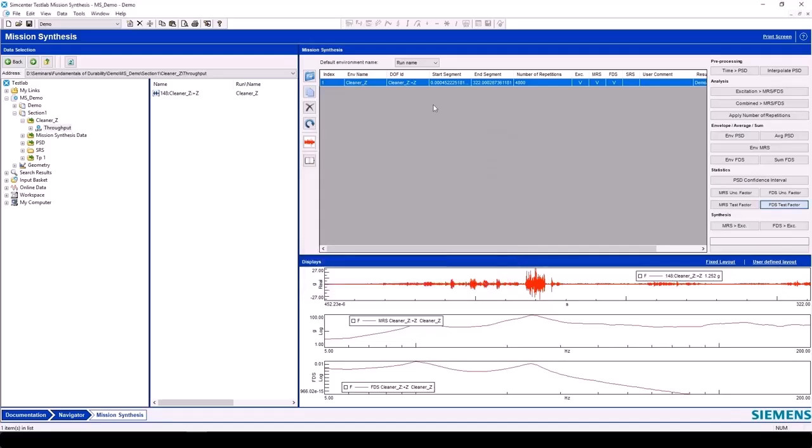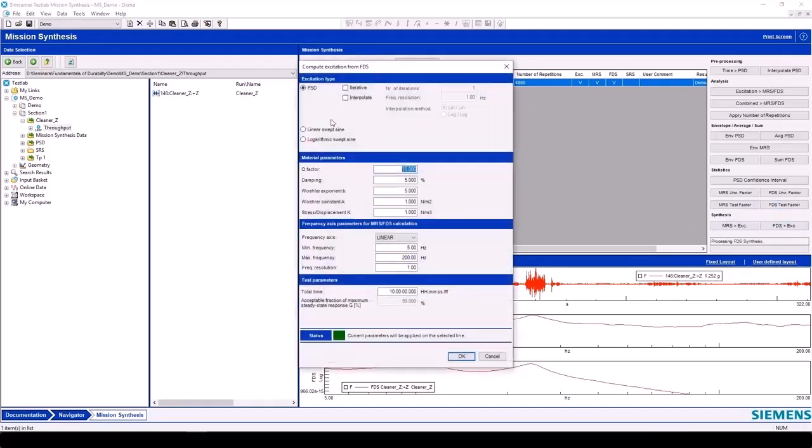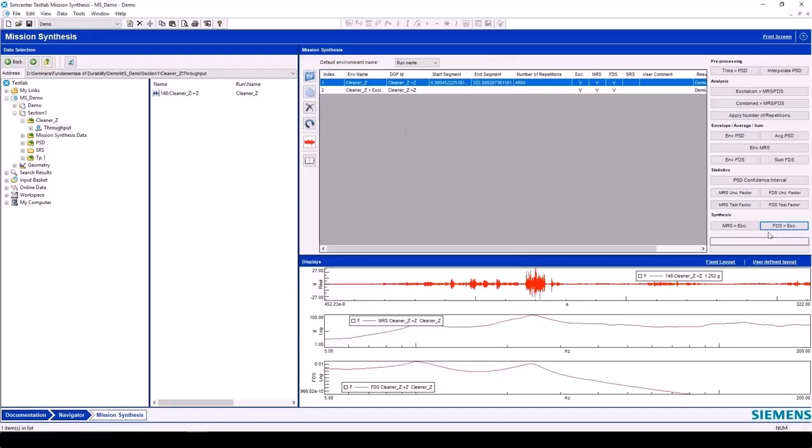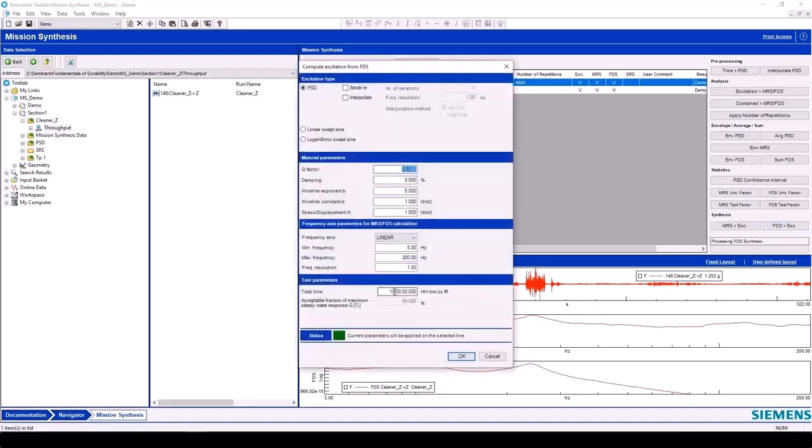After I get those all prepped, then I can go over here and calculate excitation. PSD, linear sine, log sine, sweep, mostly we do a PSD. The only knob I have to turn is this. So I can put an 8-hour test in here, and this part goes really fast, calculate it. And then I could also say, okay, I'm going to calculate a 44-hour test because we know this total is 440. And if I wanted to calculate a life profile test, I could say 440.